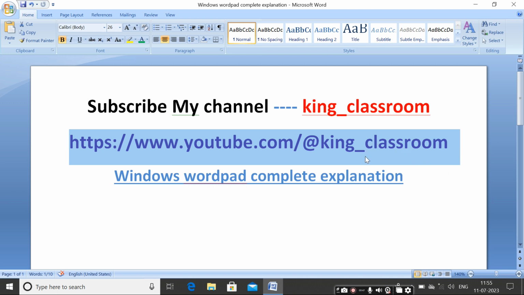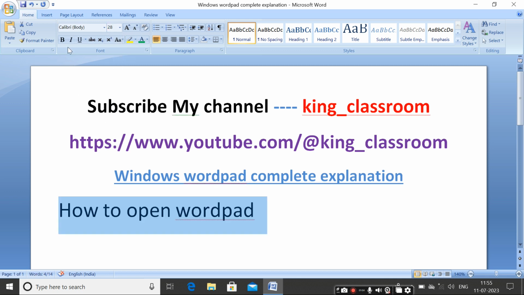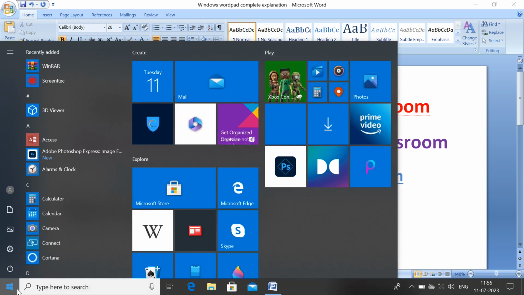Now first, how to open WordPad. Simply open this. Here the Windows button is there. Click on the Windows button, go to accessories,